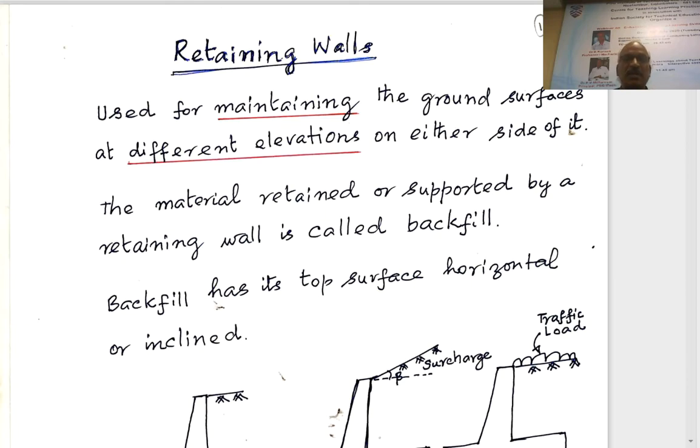So, in RCC, in the last lecture, lecture number 151, we have introduced retaining walls, types of retaining walls, and we have started with cantilever retaining walls. In cantilever retaining walls, we have discussed the different components of the retaining wall, the behavior of different components, namely the stem, the toe slab, the heel slab, and also the key. The main components are the stem, toe slab, and the key slab.